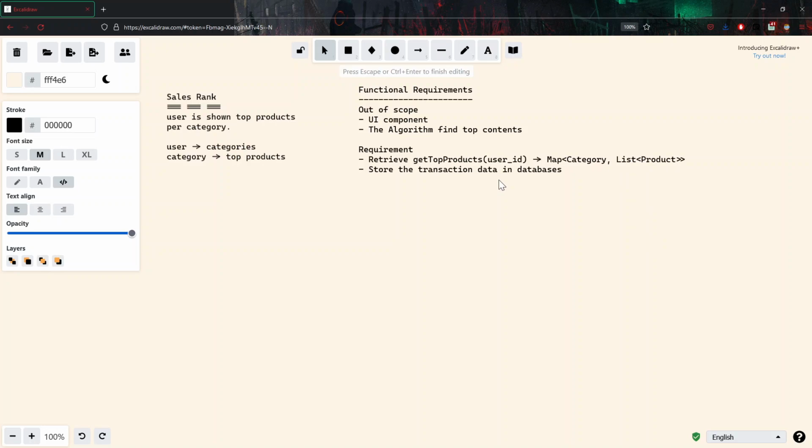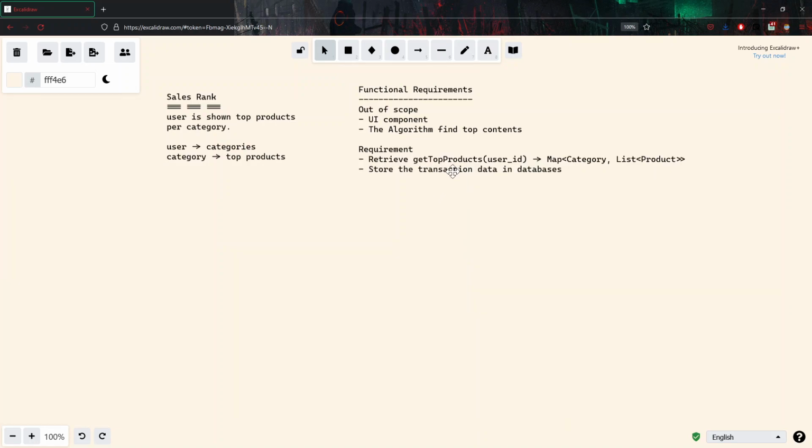So in a nutshell, I guess that is the requirement that we have. Now let's come to the other non-functional requirements. Since it's a service design, there is not much non-functional requirement as part of it. So we'll jump directly into the capacity estimation part of it, like how much we need to store,